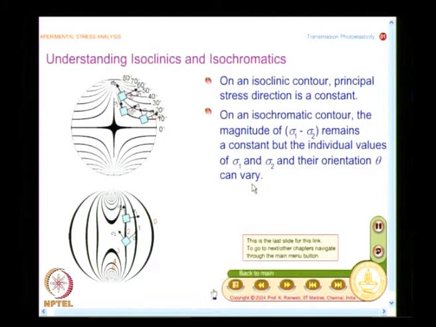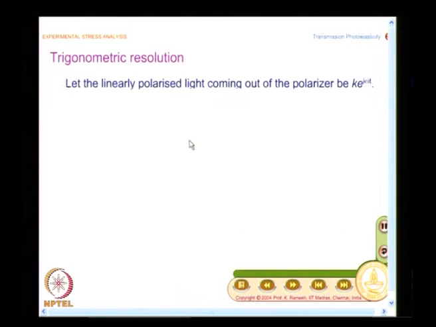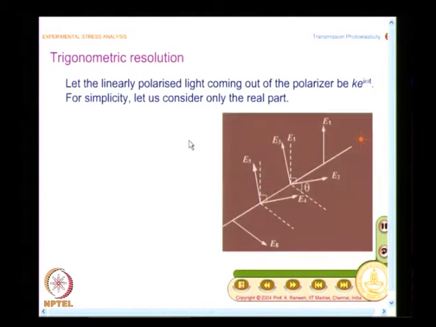So, we have exhaustively looked at, from a qualitative argument, what are isochromatics and isoclinics. And now what we have to do is go and look at, can we establish mathematically that whatever we have looked at from a logical explanation